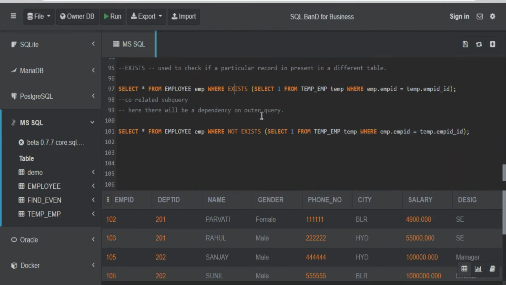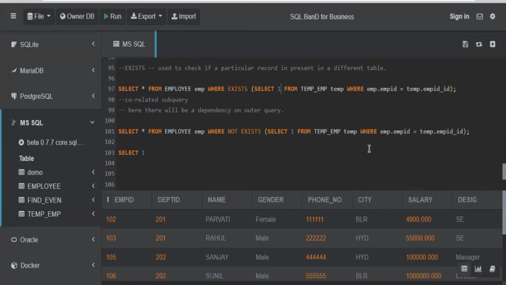I know it might be a bit confusing. What does one mean, like select one? One means nothing, so one is not necessary. You can just write select star also. Because we are not selecting anything from this table, right? Are you selecting anything from this temp employee table into your outer select? No, right? So it doesn't matter. We just want to check if a value is there matching this condition. So if there is a match, I'm just saying return one. One means I'm getting some value. If I get some value with this inner query based on this employee table, it means data is there. It just checks, meaning,